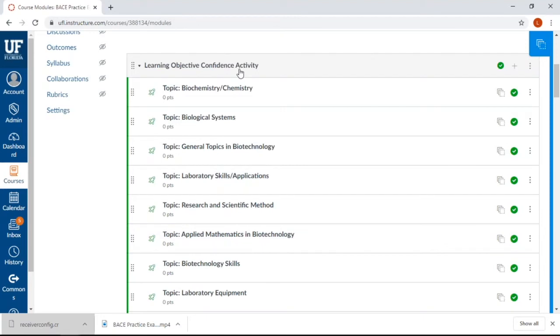Our next module is the Learning Objective Competence Activity module. In this module, candidates are presented with 9 unique surveys that list the subcategories covered within each base category. Candidates are asked to rank how well they understand each objective. Teaching assistants may use the results to predetermine knowledge gaps within their class.